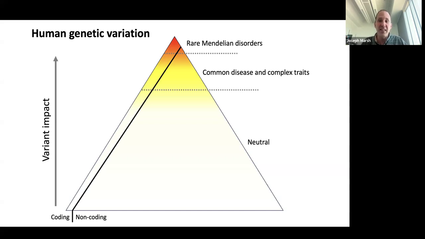To a certain extent, there's an element of ascertainment bias here, where we're much more likely to do exome sequencing as opposed to whole genome sequencing, and we're much more likely to look at the impacts in protein coding genes. But at the same time, with the increase in whole genome sequencing over the past several years, we're starting to realize that, yes, we're probably missing some of the non-coding stuff, but most of the very high impact stuff actually occurs in protein coding regions of the genome. And so if we want to be good at identifying those variants that are most likely to cause disease, we can learn a lot by focusing on the protein level impacts.